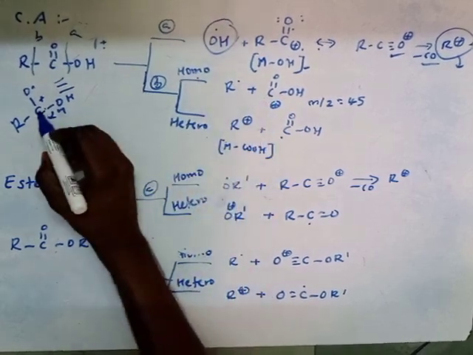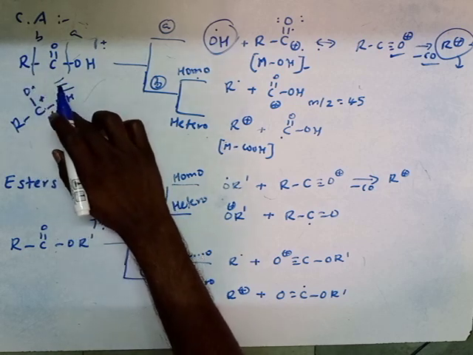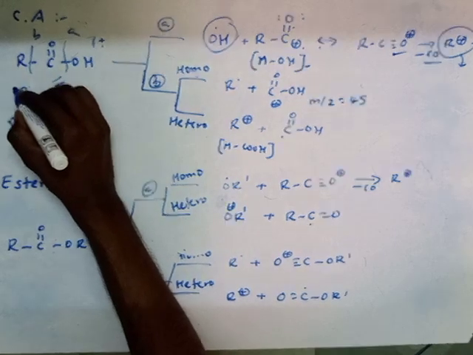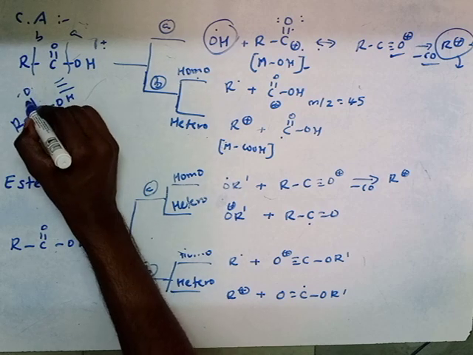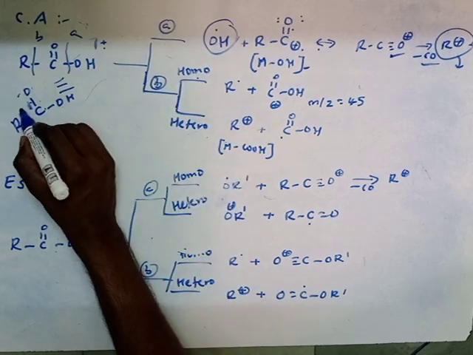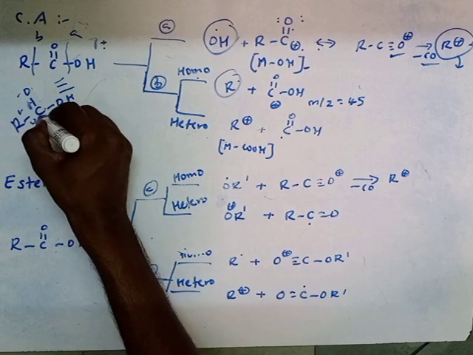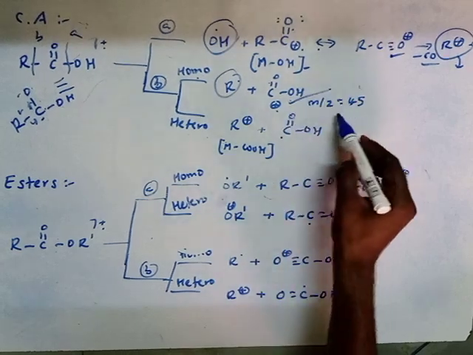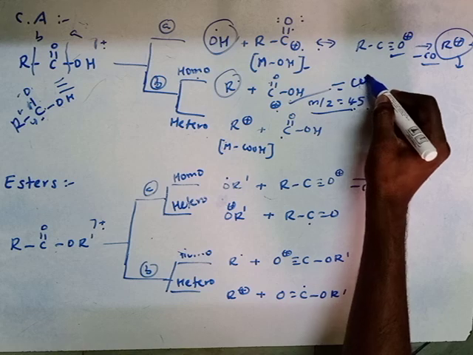If it will undergo homolytic cleavage, the structure will be written like this. It is a positive, and it will undergo a homolytic cleavage. The B type will undergo homolytic cleavage. So the radical ion will be removed, and this one electron will combine to form a double bond, and here is the positive charge, right? Its m/z value is 45. This is nothing but the acid.